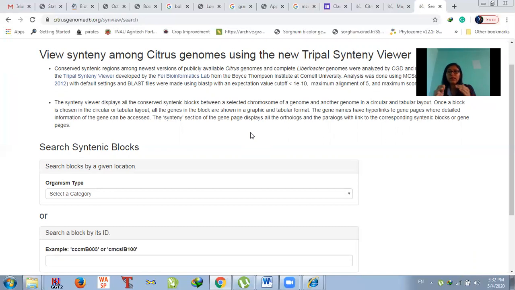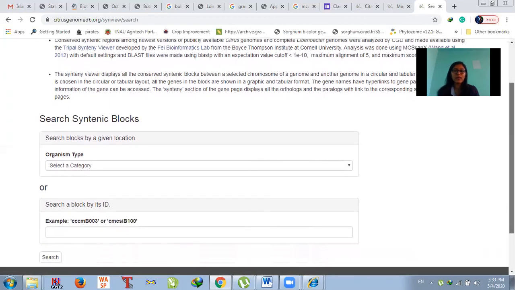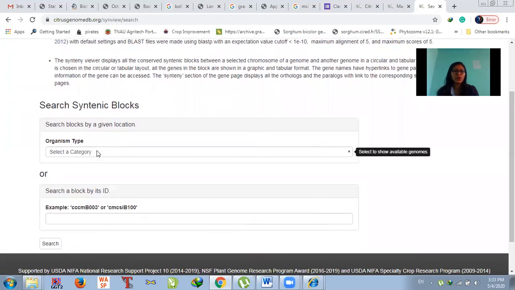Why is this type of Synteny obtained in different species or within the same species? Because there may be a recombination or rearrangement of genes in the genome of that organism. So that's why it results in the duplication of certain genomic regions, and that's why these Synteny blocks are observed within the same species or in different species. So this kind of analysis you make using this Synteny viewer option.